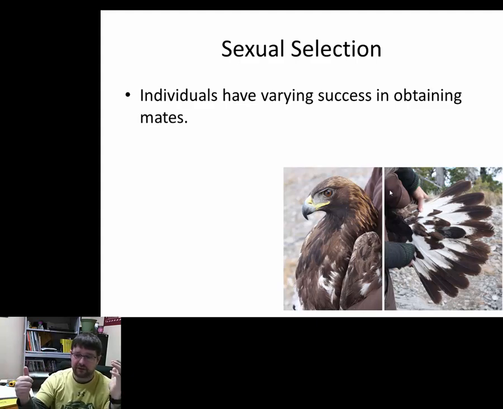Females want males that are brightly colored. They want males that can sing. We're talking about birds, but this is an example of fish. There's an example of large mammals with big antlers or large tusks, these kinds of things. Females are selecting for individuals that have unique adaptations in some situations. That's sexual selection. A lot of those adaptations are not beneficial when it comes to natural selection.